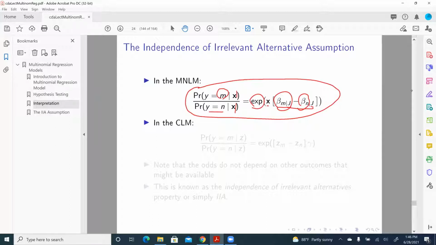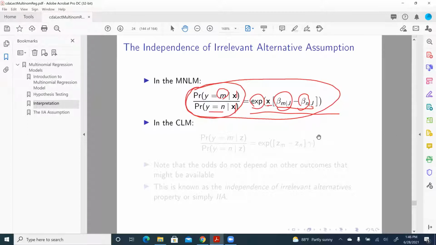But what if people are interested in the odds comparison of y equal to M, say Mary, over y equal to N, that is Nancy? What we can do is apply this function. We take the natural exponential of the same x, then in brackets, take the difference of these two regression coefficient vectors, for their respective odds comparison against the reference category J.